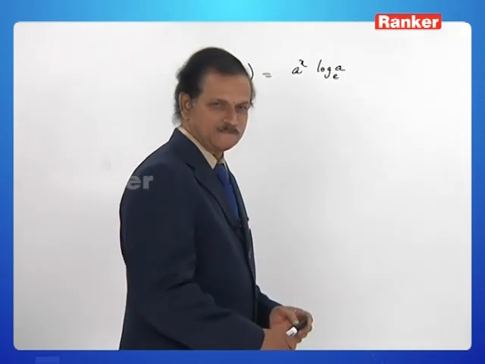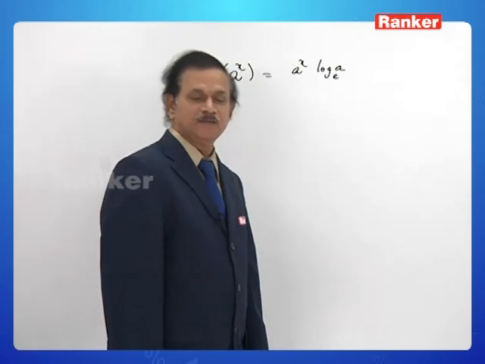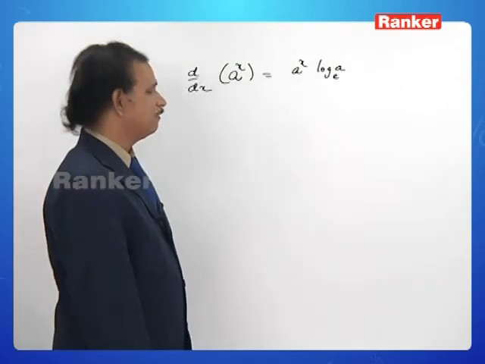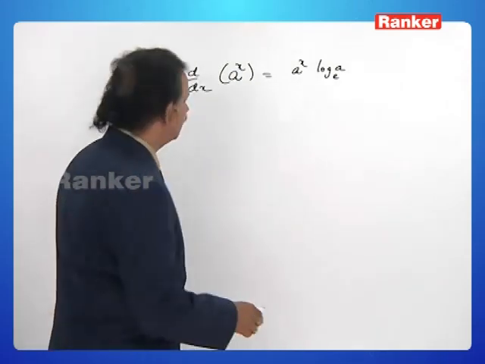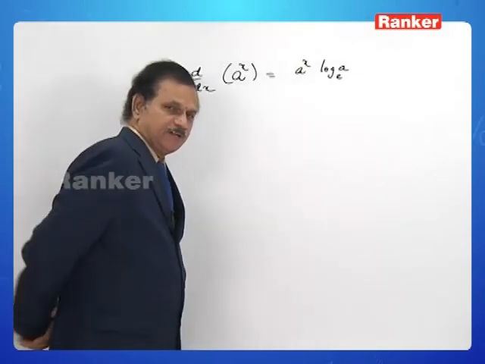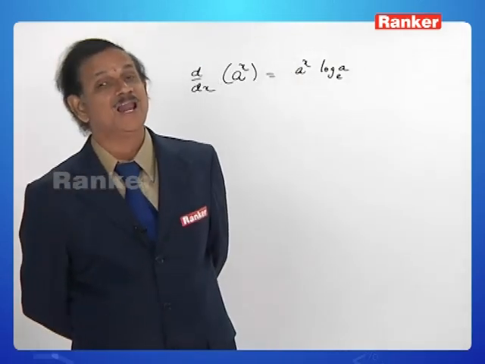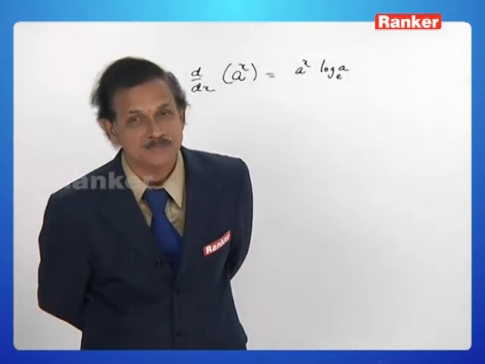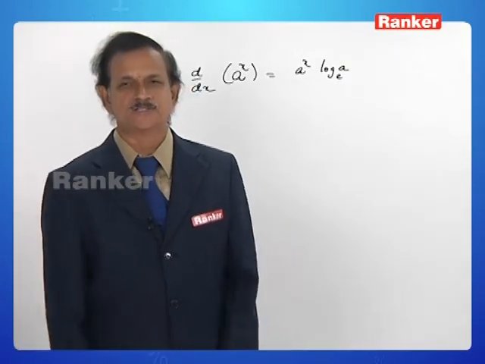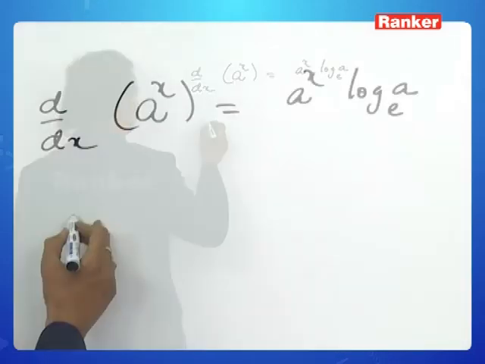Using that so-called first principle of differentiation, we'll be able to have that the derivative of a power x is a power x into log a to the base e. The derivative of 2 power x is 2 power x into log 2 to the base e. The derivative of 5 power x is 5 power x into log 5 to the base e. Well, the derivative of e power x is e power x into log e to the base e. What is log e to the base e? 1. Therefore,